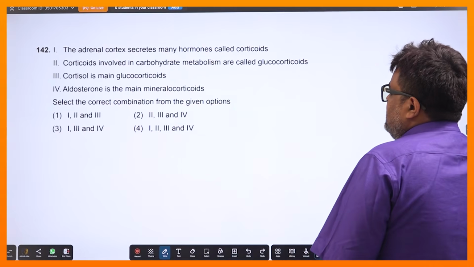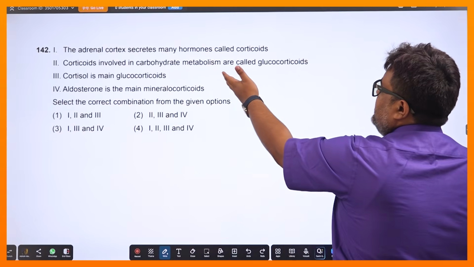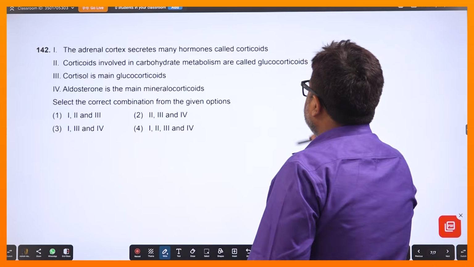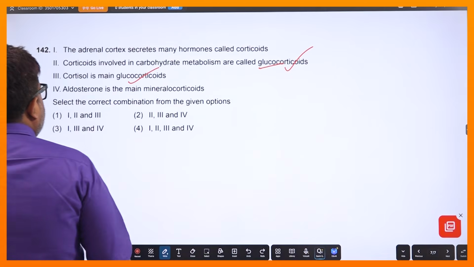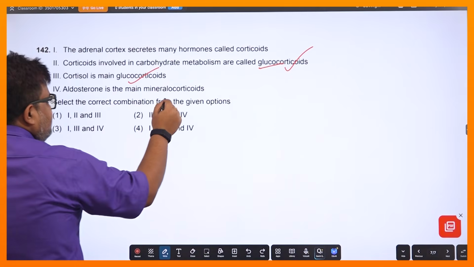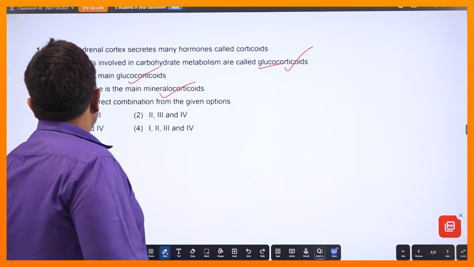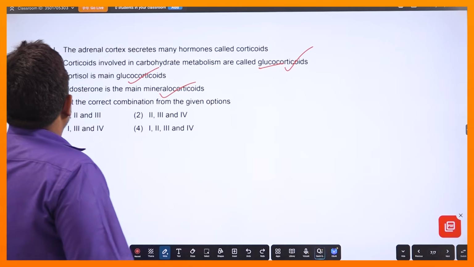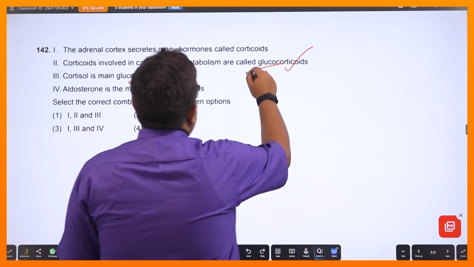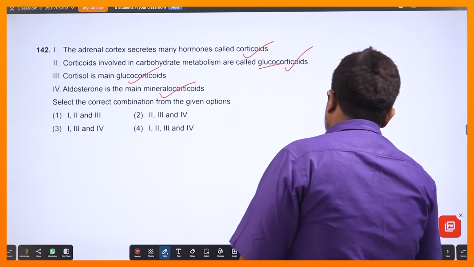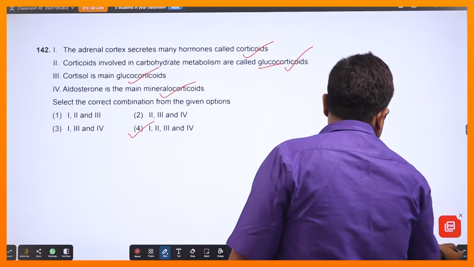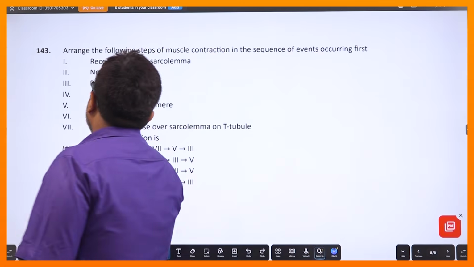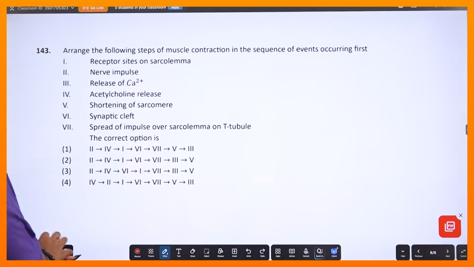আমি না করলেও চলে, ঠিক আছে, মানে কর্টিকয়েডস ইনভলভড ইন কার্বোহাইড্রেট মেটাবলিজম, গ্লুকোকর্টিকয়েড, গ্লুকো নামটা দেখেই লোকে বুঝতে পারছে। কর্টিসল ইজ দ্য মেইন গ্লুকোকর্টিকয়েড, এনসিইআরটি লাইন। অ্যালডোস্টেরন ইজ দ্য মেইন মিনারেলকর্টিকয়েড, এনসিইআরটি লাইন, ঠিক আছে। আচ্ছা, আর অ্যাড্রেনাল কর্টেক্স যে হরমোনগুলোকে তৈরি করে তাদেরকে কর্টিকয়েডস বলা হয়, তাহলে সবকটাই ঠিক এখানে দেখেই বোঝা যাচ্ছে, তো অল আর কারেক্ট, কারেক্ট বলেছে মনে হয় নিশ্চয়ই, ইয়েস। নেক্সট যদি কোয়েশ্চেনে আসি, এই কোয়েশ্চেন গুলো কিন্তু এখন নিটে খুব বেশি ভাবে দেয়,